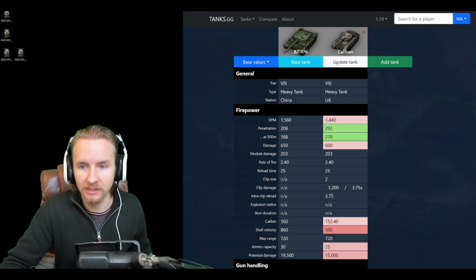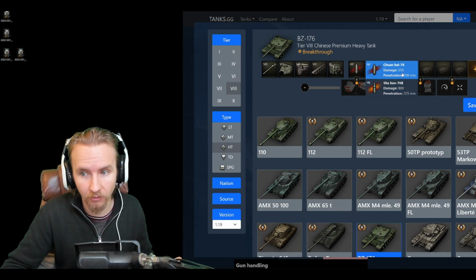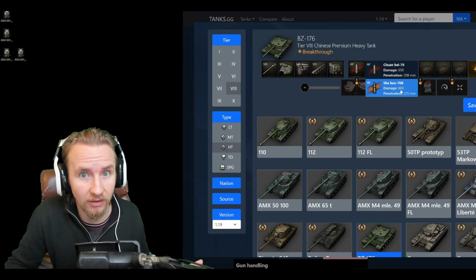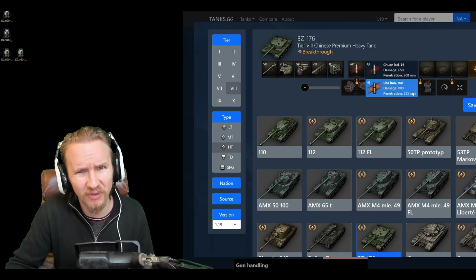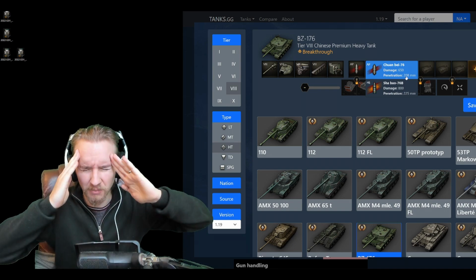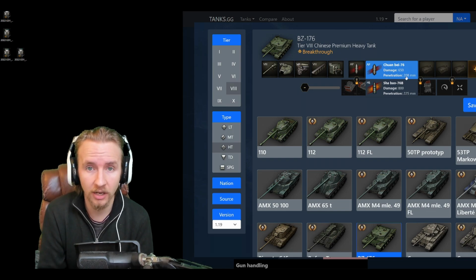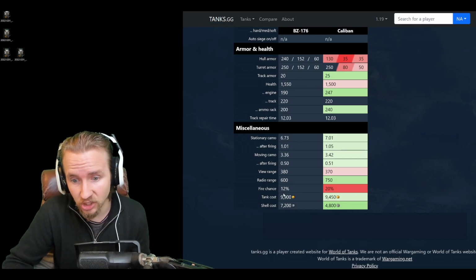Now, the funny thing is that the BZ-176 comes with 2 kinds of ammunition, an armor-piercing round and a premium high-explosive round. Now, the premium high explosive round not only has higher alpha damage at 800 compared to 650, but it also has 225mm of penetration compared to 208 on the standard round, meaning that this is literally just a pay-to-win shell. Not only are you going to have more penetration, but you're also going to have more alpha damage, and you're also going to have to pay for it because this shell costs